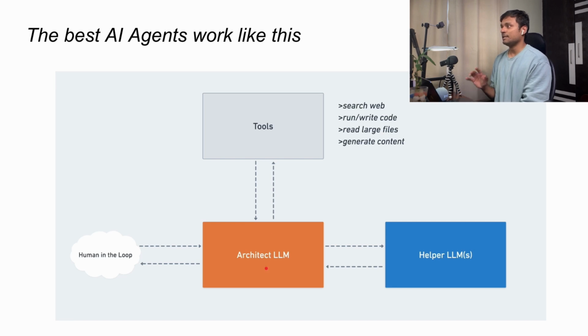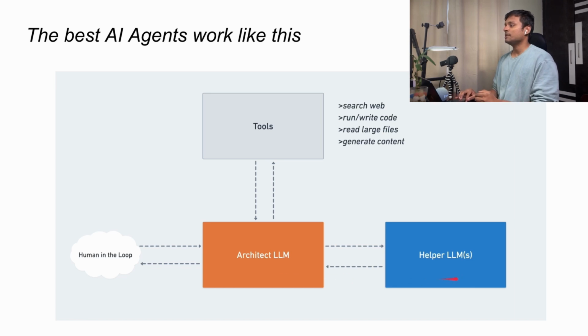There's going to be an architect LLM. An LLM is a large language model like GPT-o3, which you chat with on ChatGPT. And what we try to do is, this architect LLM, this orange box, you let this box handle the most cognitive task, the planning, the blueprint, so to say, of the task at hand. So this is the most expensive model that you can find, the most useful one, but it does all of your thinking process. Now, if the architect LLM is going to do all of the planning, and we'll see exactly how that pans out as well,